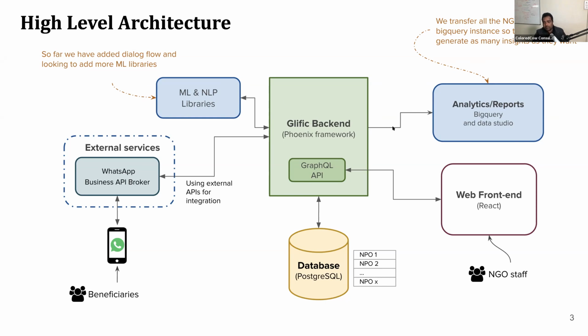The next major thing when we were building was reporting. Glyphic is a multi-tenant system, and right now 15 plus NGOs are using it. Building a generic report for all those NGOs who work in different sectors was not possible for us. So what we did was hand over all the reporting part to the Google platform. Every organization can connect their BigQuery account to Glyphic, and we just send all the data to their BigQuery platform.